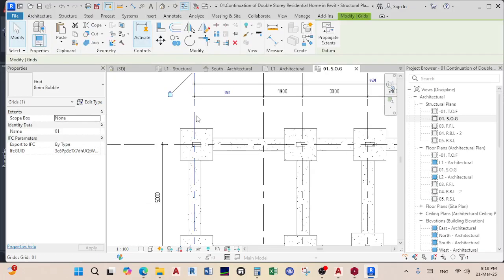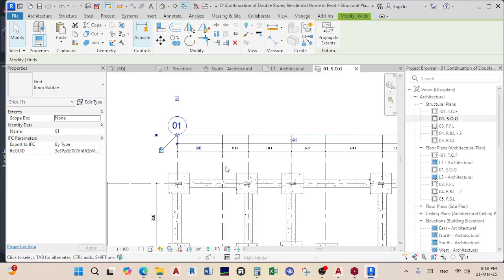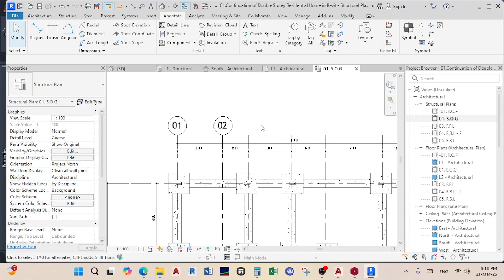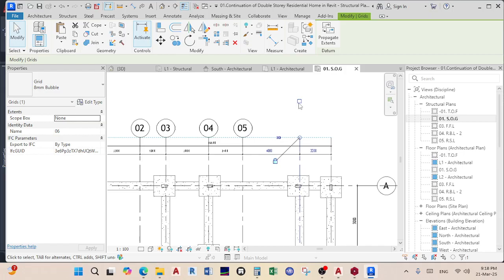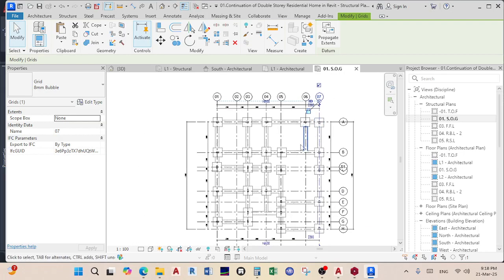As you can see, these bubbles still remain unchecked in this view, so I'll just go around and click them also, just to make sure that everything is consistent, like that, like that, like that, like that. Okay,